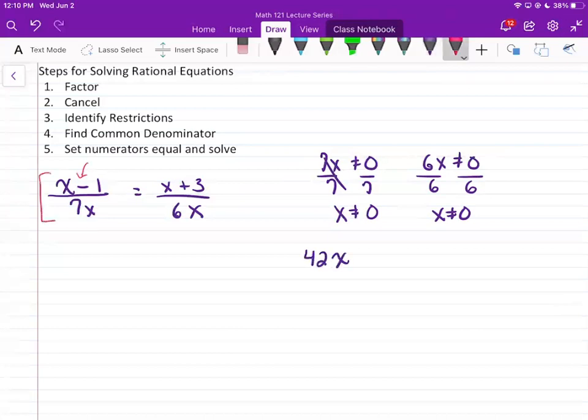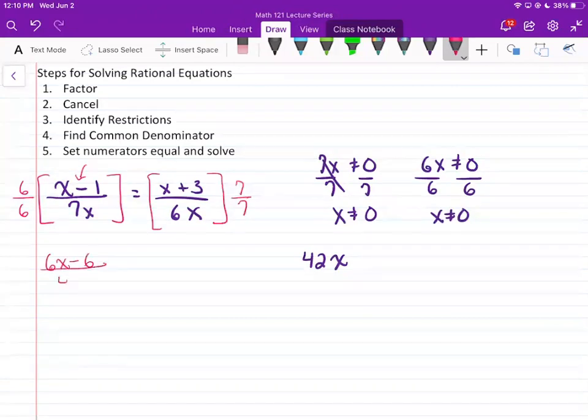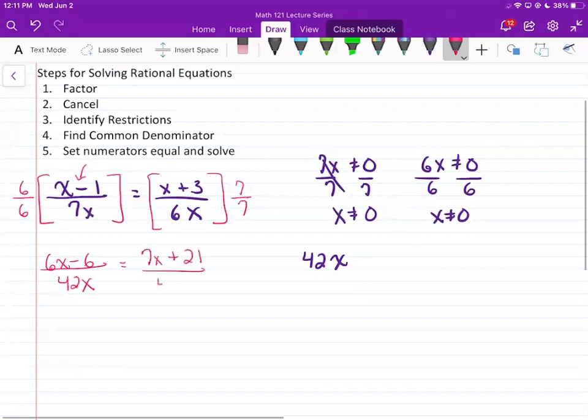To get these denominators to be equivalent, we're going to need to multiply this side by 6 on both top and bottom, and this side by 7 on both top and bottom. Notice this gives us 6x minus 6 over 42x on the left, and 7x plus 21 over 42x on the right. Once we have gotten the denominators to be equal, we can take the numerators and simply set them equal